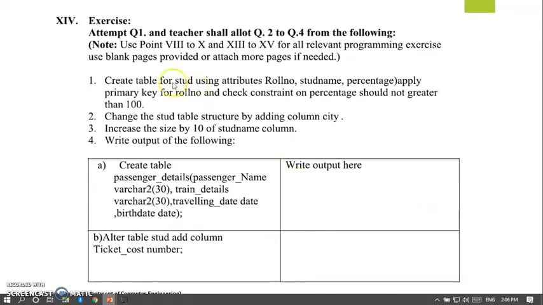Now these are some exercises. Students can perform these exercises, like creating a table student and changing the structure by adding a column, increasing the size, and then we have 2 queries specified here. Once you execute these queries, you have to write the output here. One is for create table, one is for alter table. So you have to write the output. So this is what we have in this